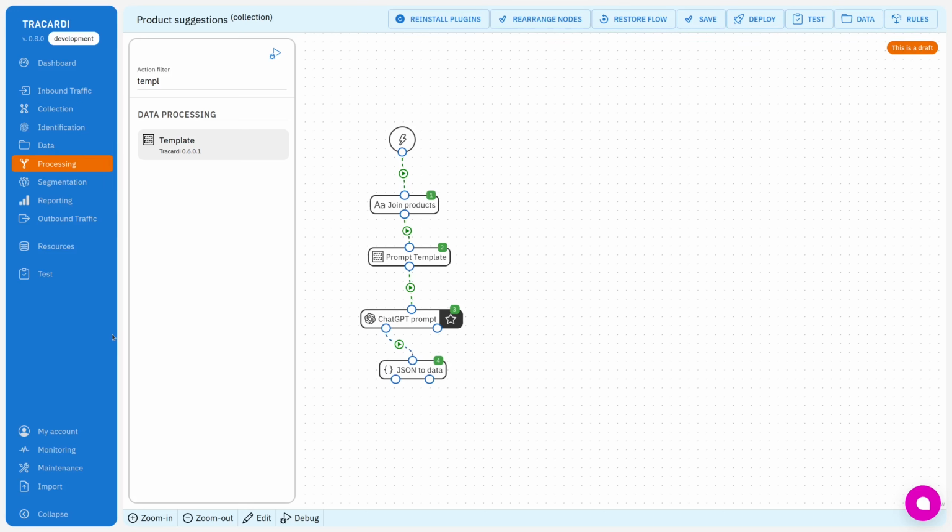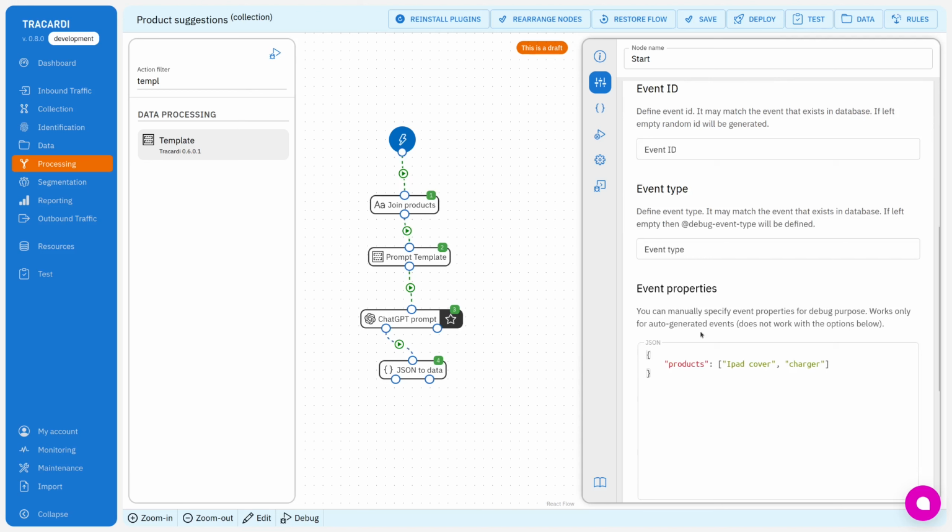Hello, this is a short presentation for a new action plugin called ChatGPT Prompt. It integrates ChatGPT with Tracardi, and I'd like to show you one of the use cases. You can use ChatGPT for product suggestions, and this is my workflow, and I'm expecting event properties that have products